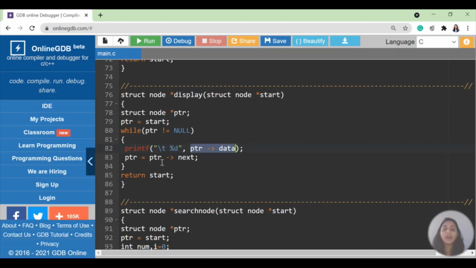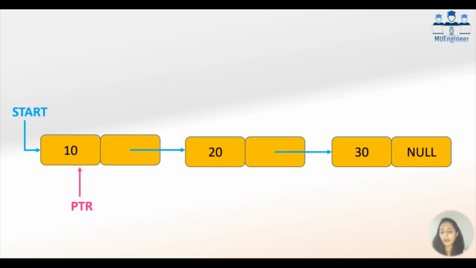So what I can do is, currently जो ptr है उसके next में 20 का address है, ये 20 का address मुझे अभी ptr को देना है, so that ptr starts pointing to 20. So I am giving new, this is the old value of ptr, which holds the address of the first node. So first node का address dot next, that means current ptr का next is the address of 20, and address of 20 I'm storing in the node called PTR. When I do this particular line, what exactly happens is we get this particular thing. Okay, so what is happening is PTR starts pointing to 20.